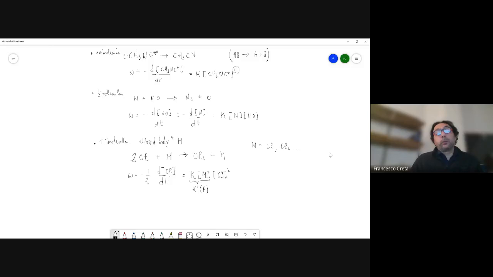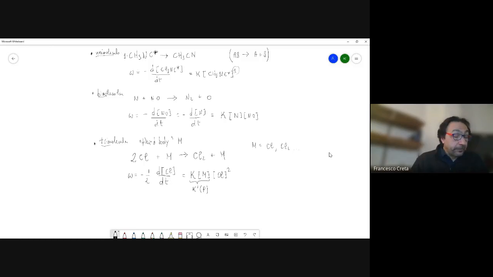And we'll see this far more rigorously. So generally speaking, these third body reactions tend to depend on pressure. So this is a pressure-dependent reaction constant. But anyway, what's really important here is that for unimolecular, bimolecular, and trimolecular